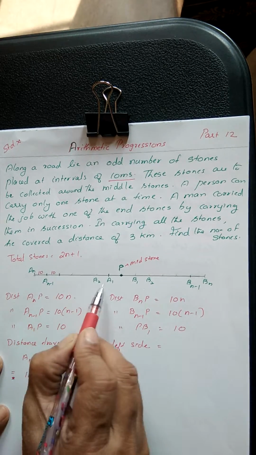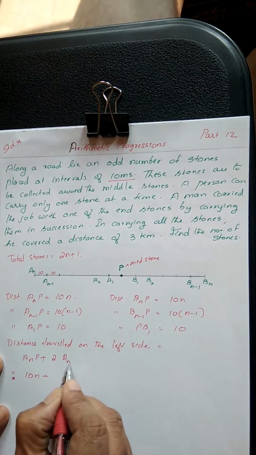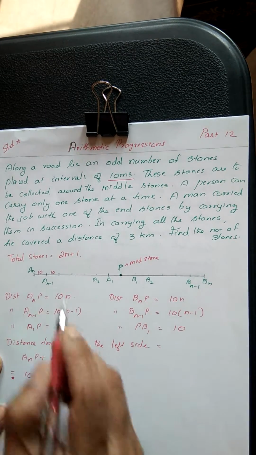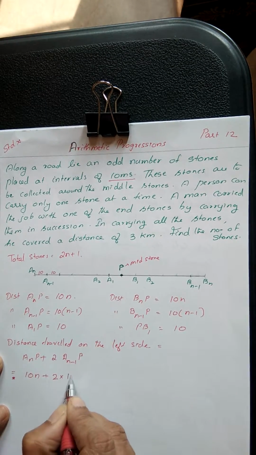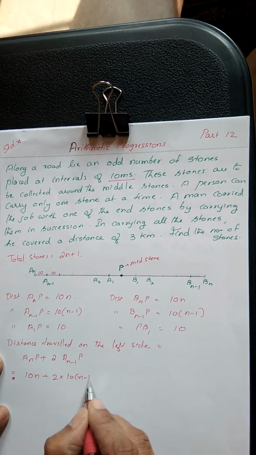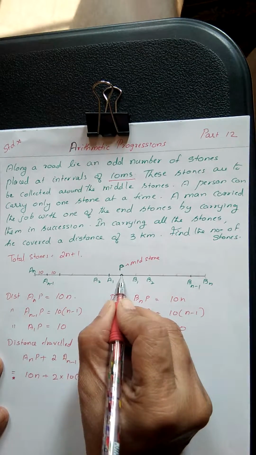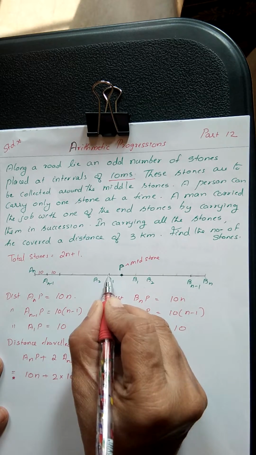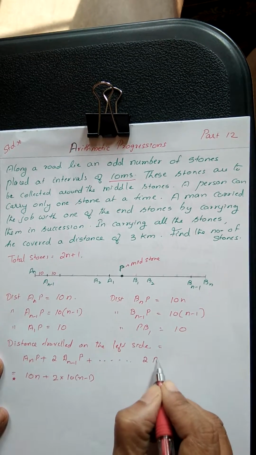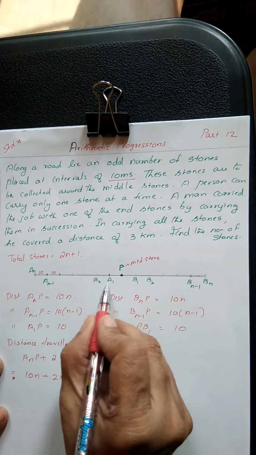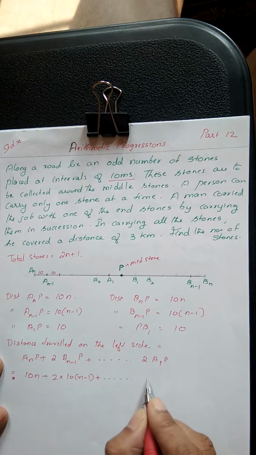This A n minus 1 P will be 2 times, so twice A n minus 1 P, that will be 2 into 10 into n minus 1, plus so on. And finally from here he will come back to A1 and then go back to P. So this will again be twice A1P, plus